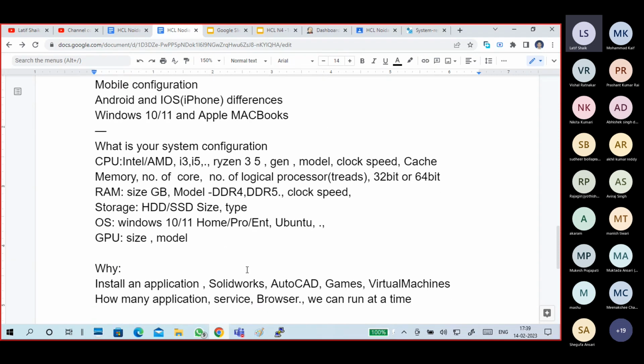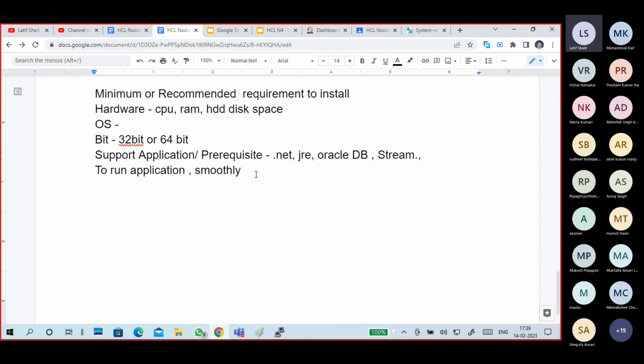Knowing your system configuration is helpful. But how to know your system configuration? How to check system configuration? One second.